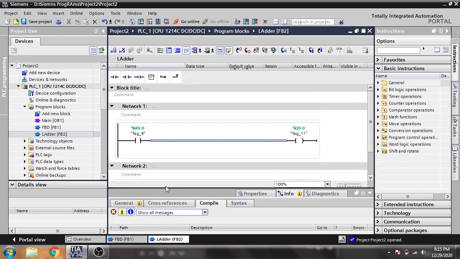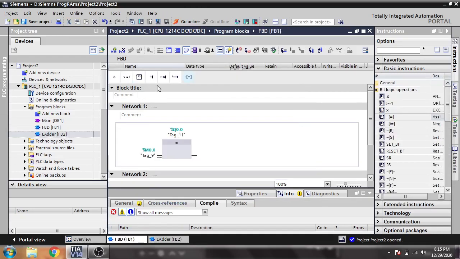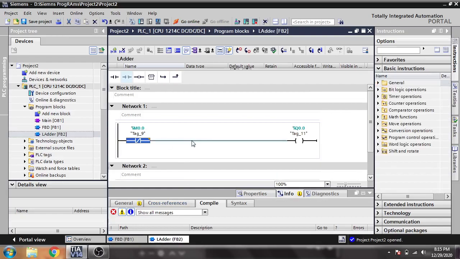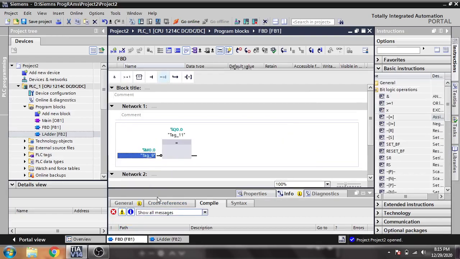If I'm going to change it to NC, you will see I'm placing NC there, and I need to change that to NC. So I just move that one there, and you will see it will now work as NC. These are the same language, the same working of that language.